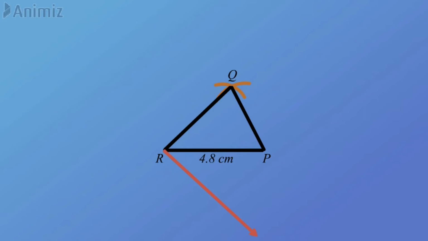So you have to divide this ray into 4 parts. Take any distance in your rounder, 1 centimeter or 1.5 centimeter. Keep it at R, draw the arc. Same way, you can draw the second part by keeping the rounder at the first arc. Same way, you draw the third and fourth arc. Label them as R1, R2, R3, R4.